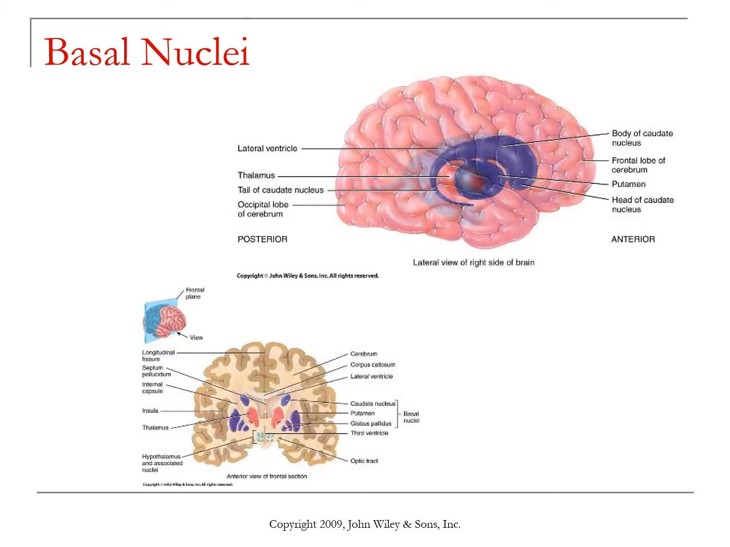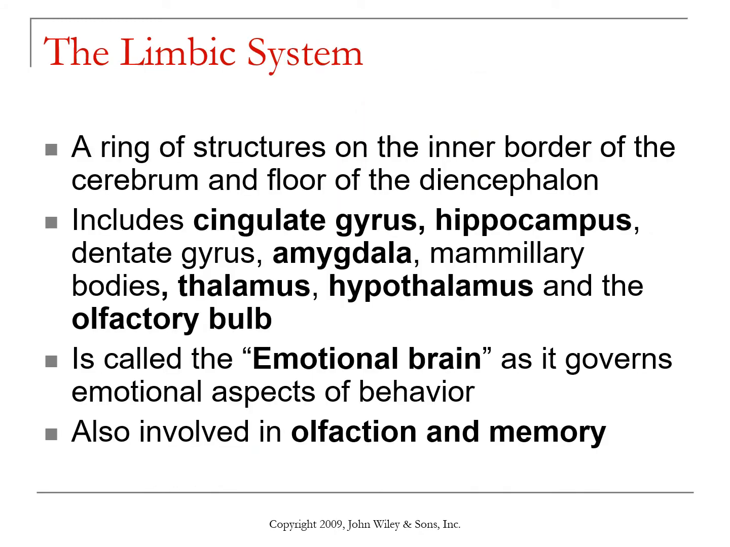So here is a location of the basal nuclei. You can see that they lie just lateral to the thalamus and the ventricles. And again, via the thalamus, they send signals to the primary motor area to help smooth out and coordinate movements. Before we move on and look at the other cerebral areas, let's pause and discuss the